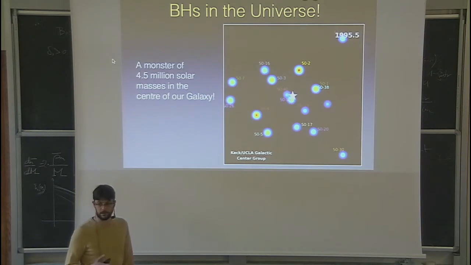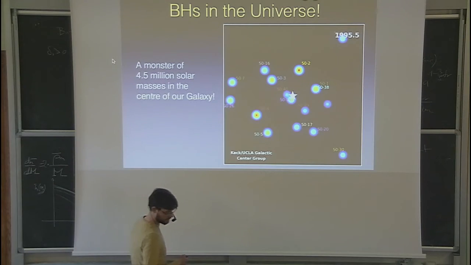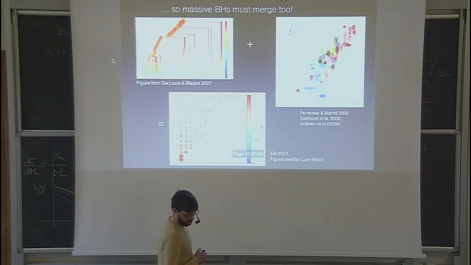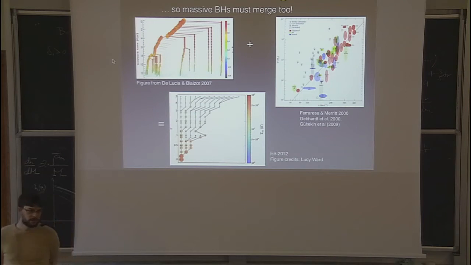infer the mass of this dark spot in the center of our galaxy. And it turns out to have 4.5 million solar masses. These are called supermassive black holes, or massive at the very least. So the idea is that, in fact, we see these black holes pretty much in the center of all galaxies in which we look,